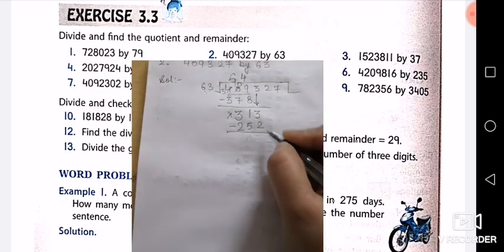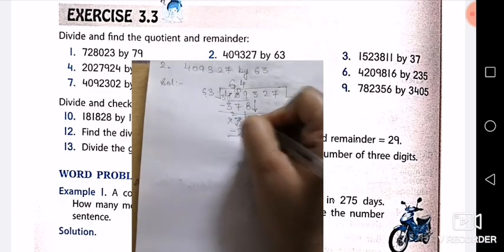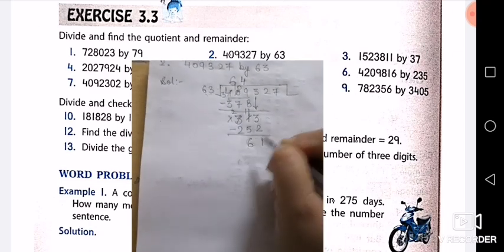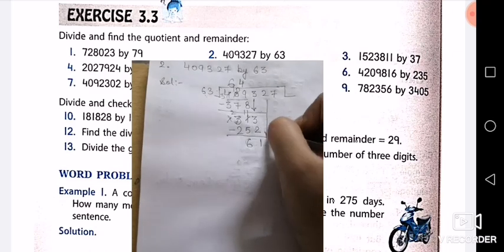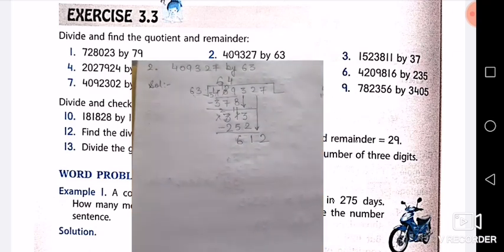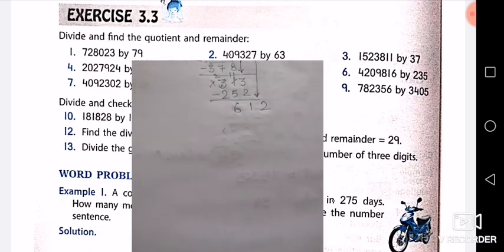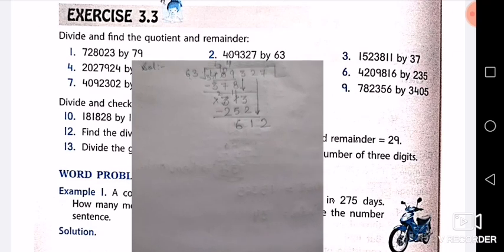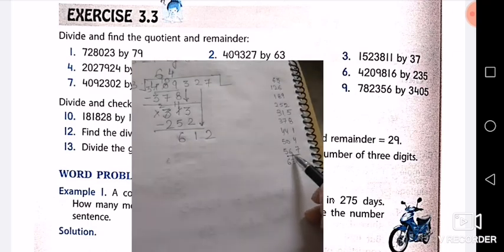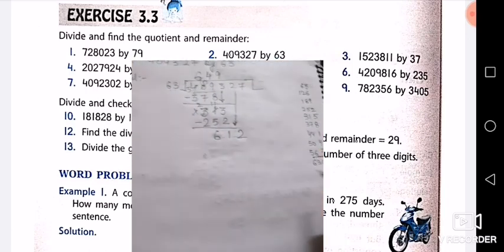Okay, now 3 minus 2, 1. This will become 2. This will become 11. 11 minus 5, 6. Now which number will get down? 2 will get down. Now, which times is nearer to 612? You can see this 9 times is nearer to this. So, you will write here 9 times